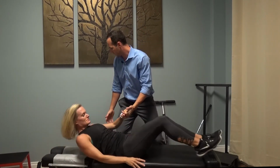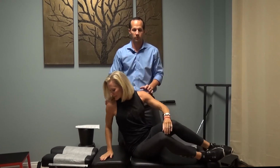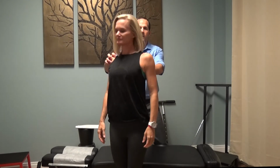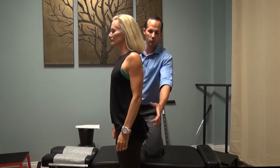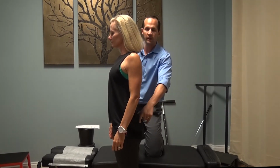So from here, I'm going to have her do one last thing. I'm going to have you roll to your side and sit up. Go ahead and face the camera. Sit up. Go ahead and stand up now. Turn this way. And she is going to squeeze her glutes. So squeeze them as tight as you can. And I want you squeezing and activating these glutes